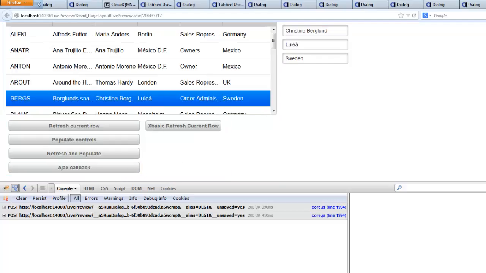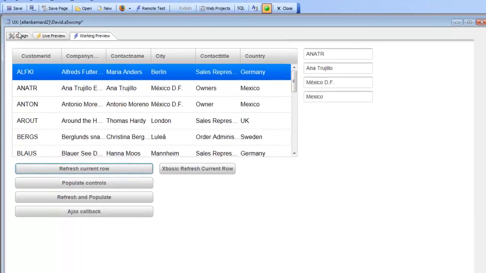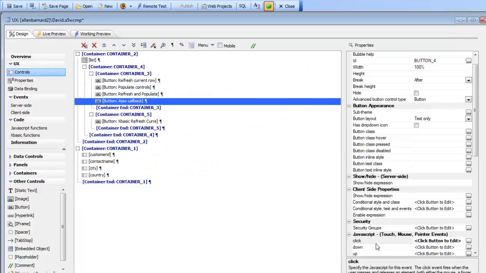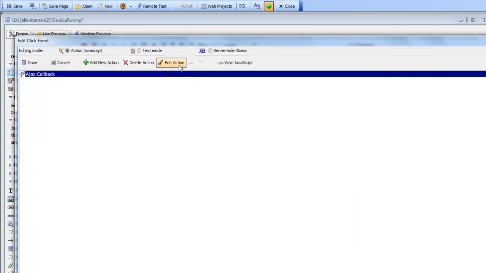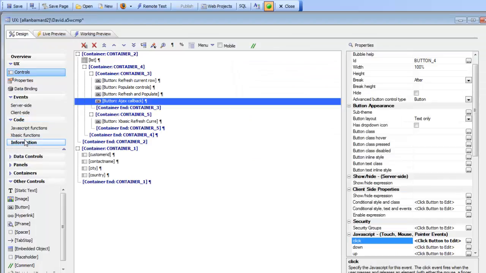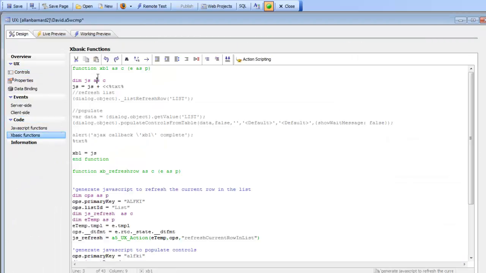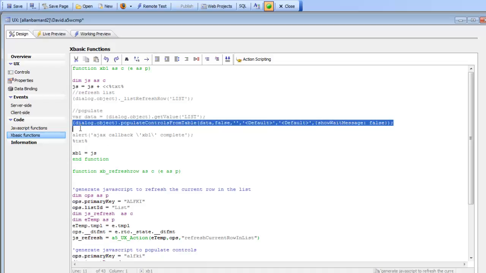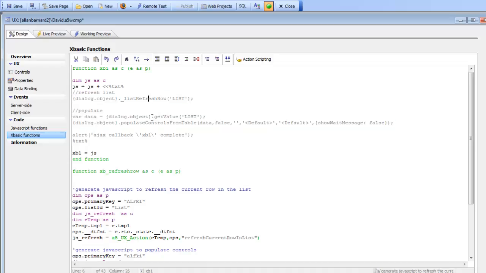If I look at the code on this button, I can see that this Ajax callback is executing a function called xb1. So let's take a look at xb1, and we can see that in xb1 we're sending back, as part of our Ajax response, a JavaScript command to refresh the current row in the list, then another JavaScript command to populate controls, and each of these JavaScript commands is going to generate another callback,